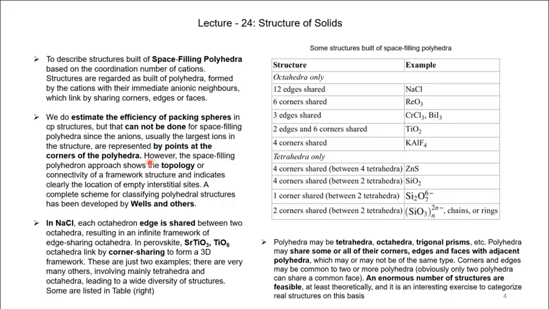So, okay, we have seen in case of packing spheres that we estimate the efficiency of packing spheres, and we say this packing is 74.05% maximum. But in space-filling polyhedra, we cannot do that, the efficiency. Only what we can do is see the topology of the structure by space-filling polyhedra topology. And that topology is being used intensively and these polyhedra structures were classified by Wells and others, which you can get from